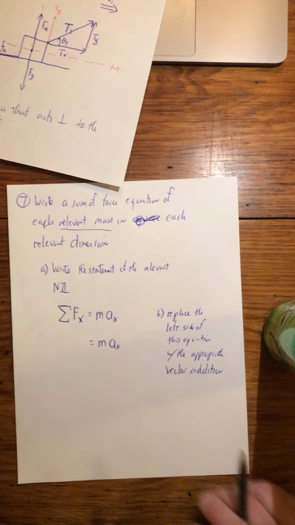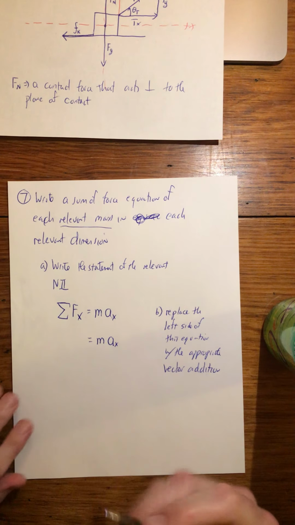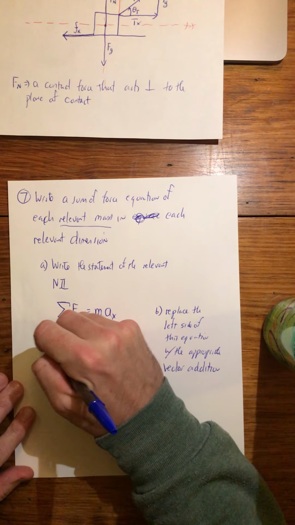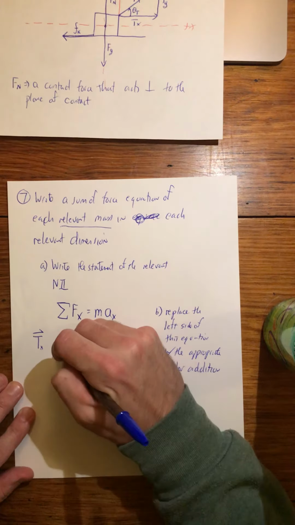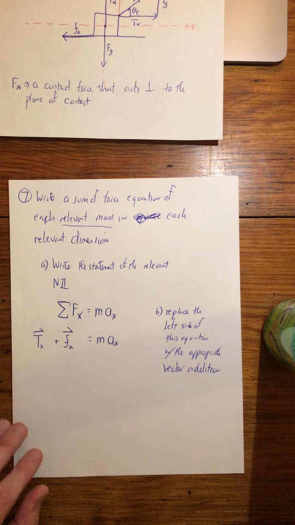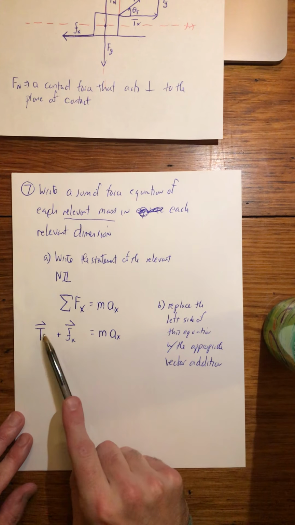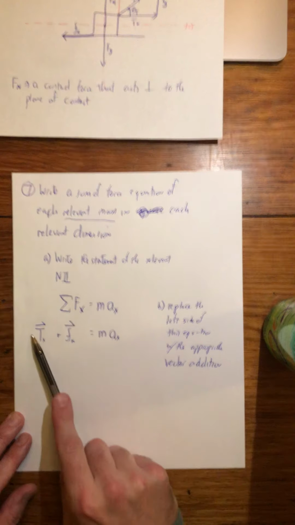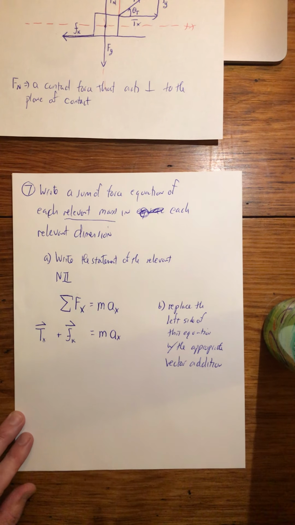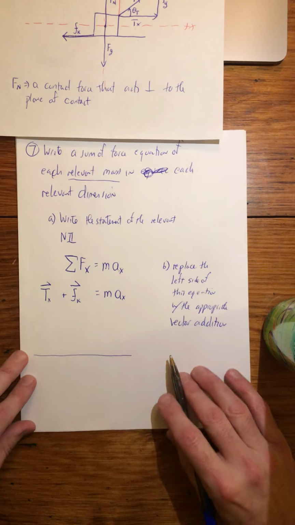And so there's two acceptable ways to do this now. I can show one of the following two. So I can say vector Tx plus vector Fk equals max. And that's showing the vector addition. And here, if you're going to do it this way, you must show these vector signs. Okay? The alternate way to do this, and I'll leave a little space so we can see both methodologies, is